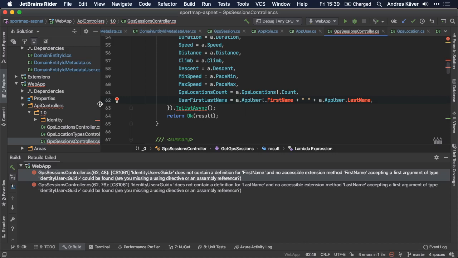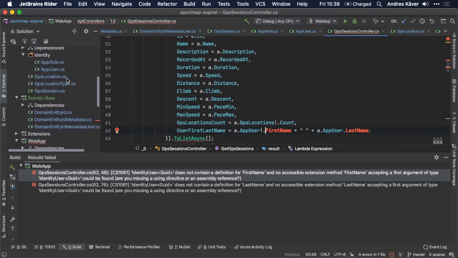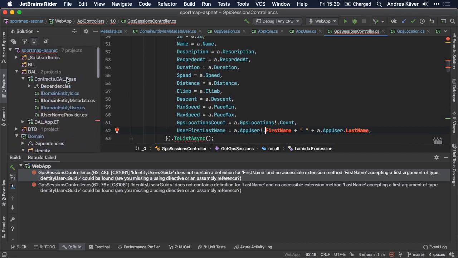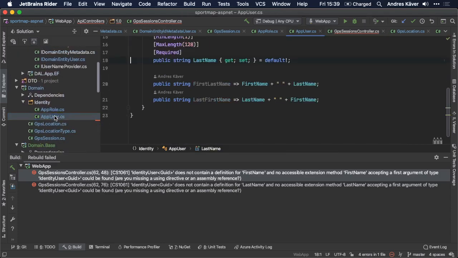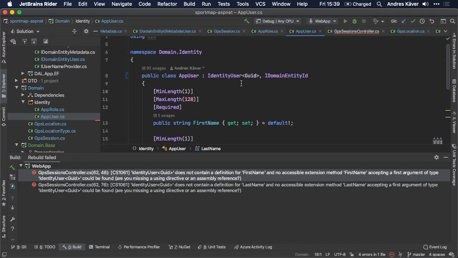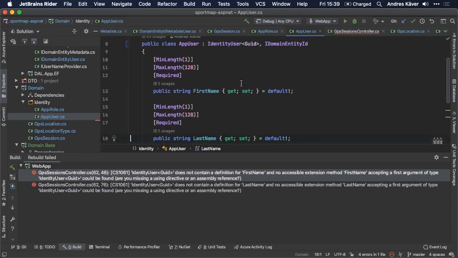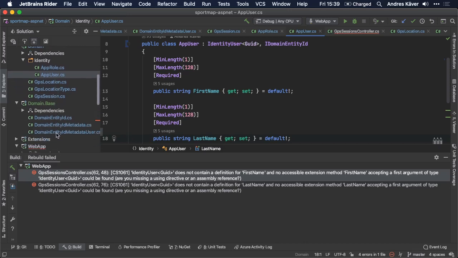Oh, okay. Let's go and see what we did here in the domain. So app user is this one. This is derived from the identity user. Okay. And now this